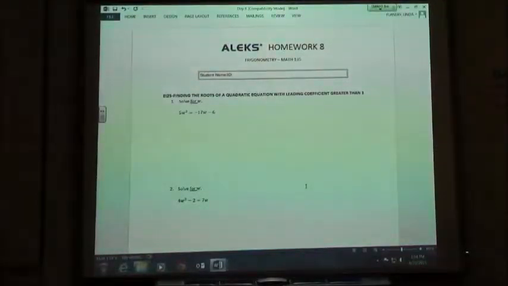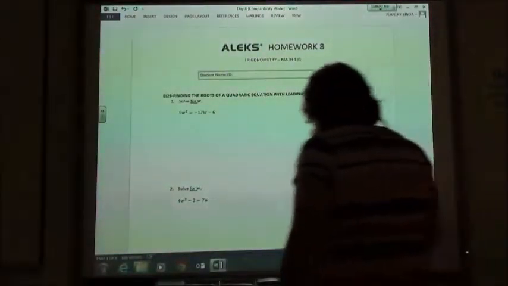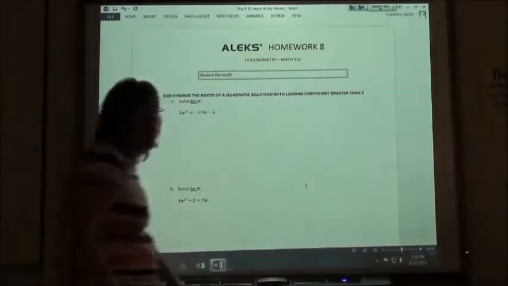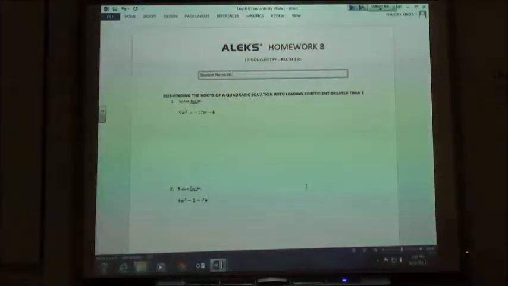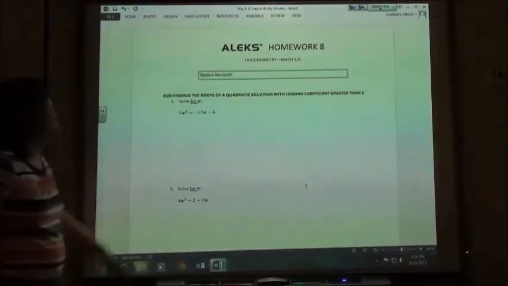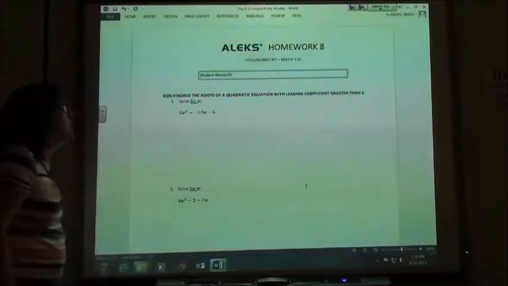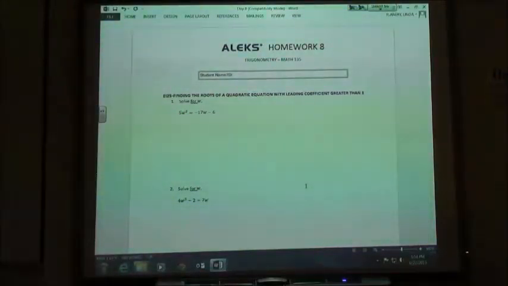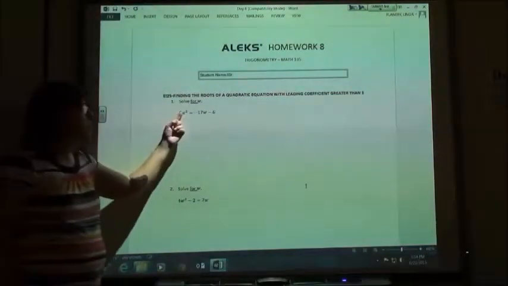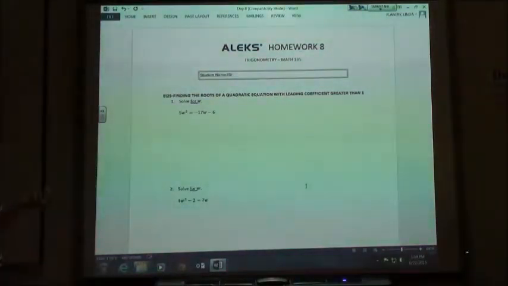Homework 8 is the last of the review section. We've kind of jumped all over the place reviewing a whole bunch of things from college algebra. But in this case, we are going to find the roots of my quadratic equation with a leading coefficient greater than 1. Anytime you have a quadratic equation, something with a squared term, you want to set it equal to 0